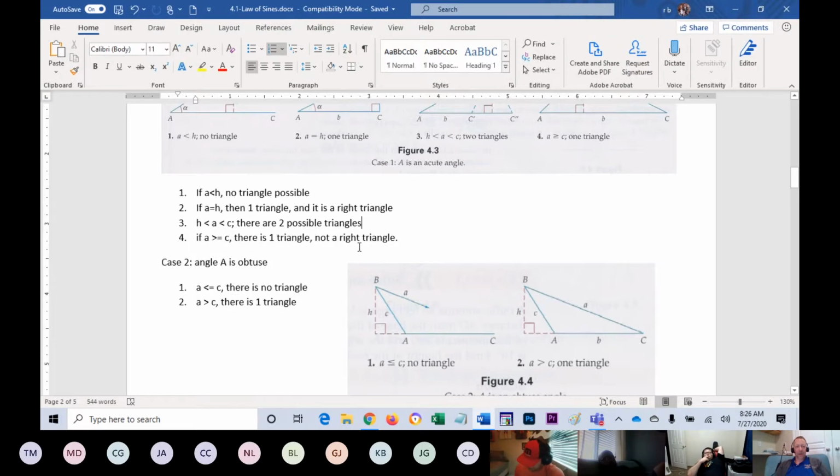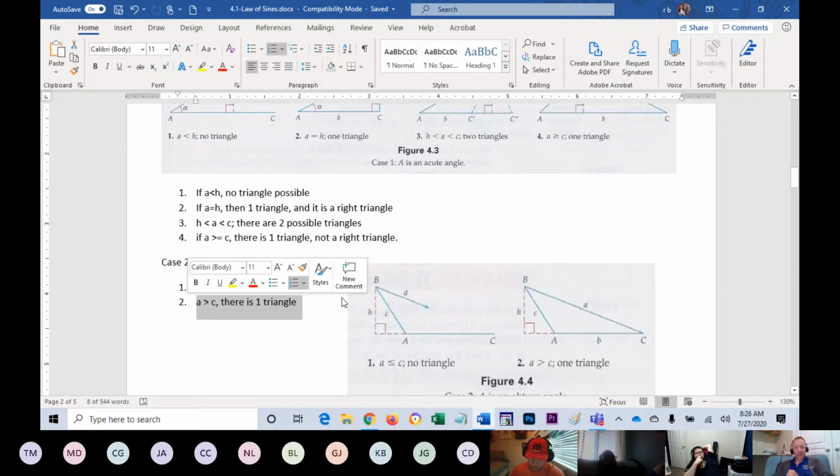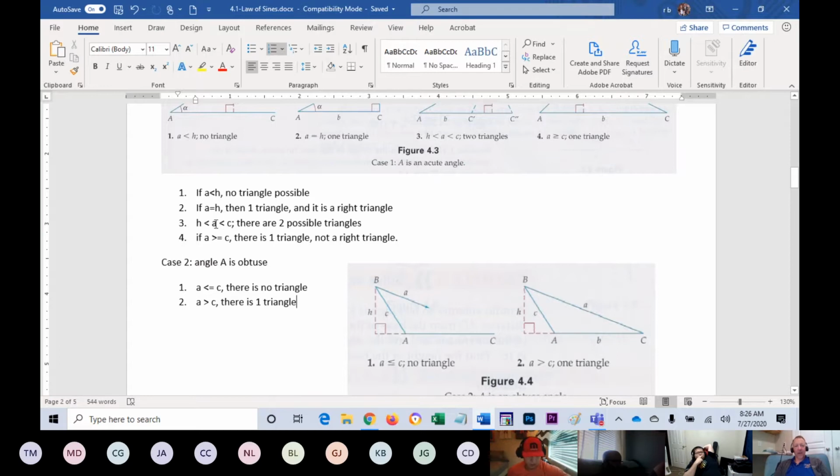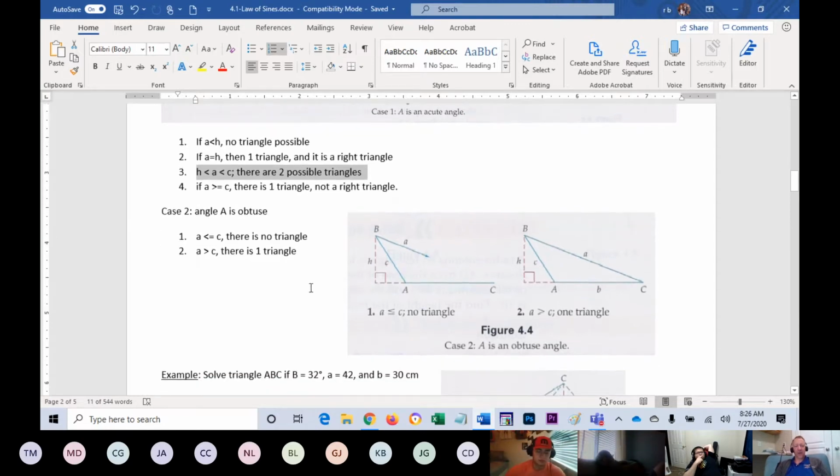Generally, if A is greater than C, you're only going to have one triangle. If A is in between your height and C, you've got two possible triangles. So as we're doing these, you're going to want to pay attention to A and C. Okay, so solve triangle ABC if